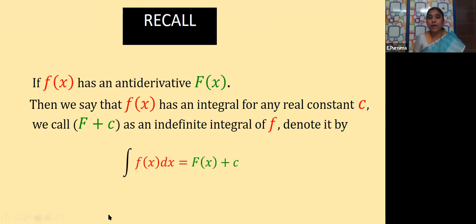Always remember, children, in this chapter we are dealing with indefinite integrals. At the end of the integration, the integral is nothing but the solution you have got after integrating this function. For this, the constant must be added. Why it is added, we discussed in the last session. If you still have any doubt, go through the video again, children, and it will be very clear to you. How do you read this? Integral of f of x dx is equal to F of x plus c. This c is the constant of integration.